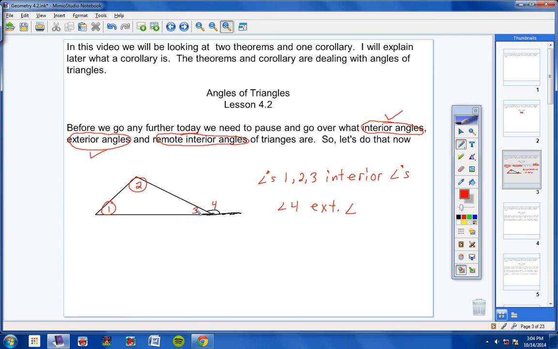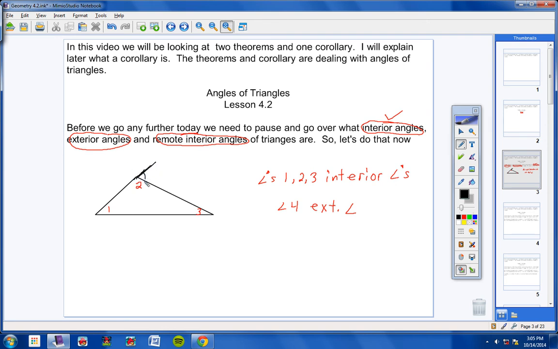See this angle right here, 3, next to the exterior angle? That is not a remote interior angle. Remote interior angles are the two angles that are not beside the exterior angle. Okay, so watch this carefully. If I were to extend this side here, watch,